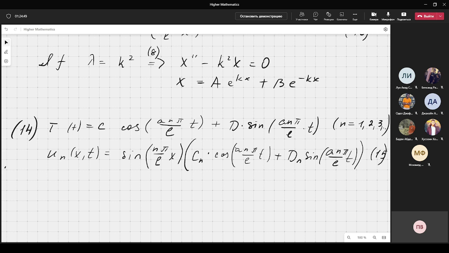For each value of n, we can take the constants c and d and thus write c_n and d_n. The constant b is included in c_n and d_n. Since equation 1 is linear and homogeneous, the sum of the solutions is also a solution, and therefore the function represented by the series u of x, t